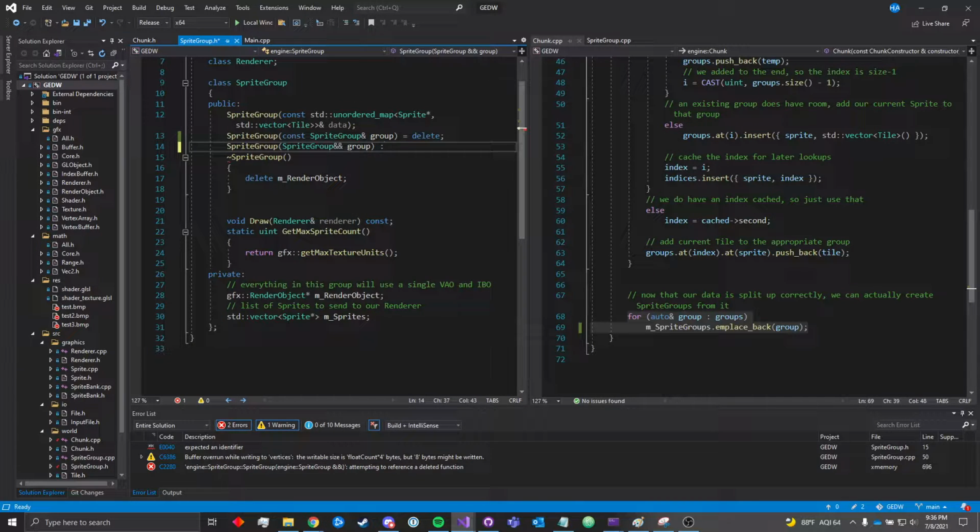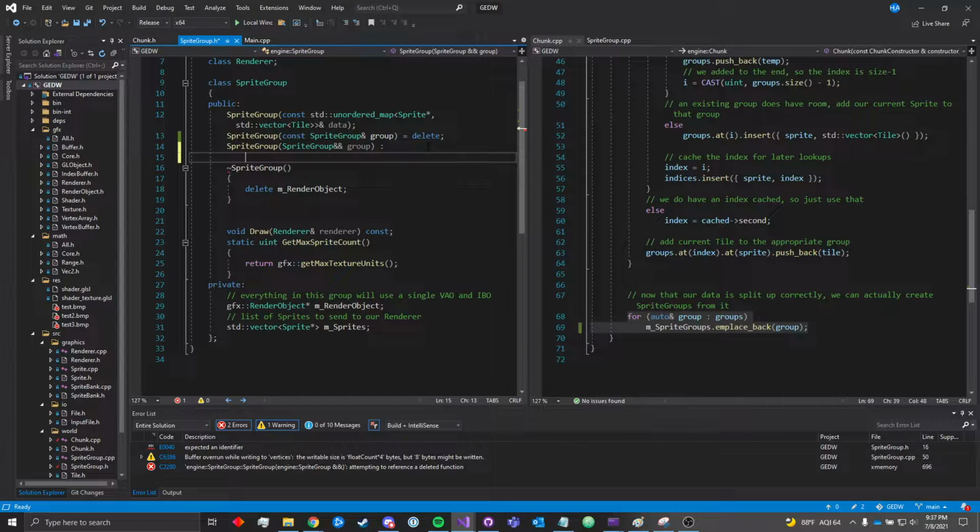Because as you saw there when I commented these out, the compiler didn't yell at us, even though there was that error I just described where we're deleting this and then trying to get it from a different place, basically. The compiler can't catch that, but it can catch when you've deleted these. So that's why we did that. So the move constructor,